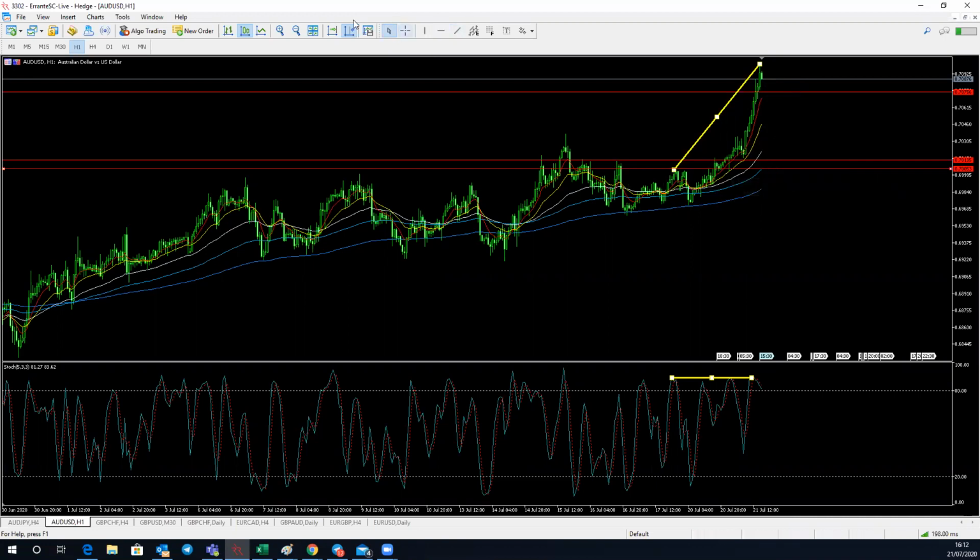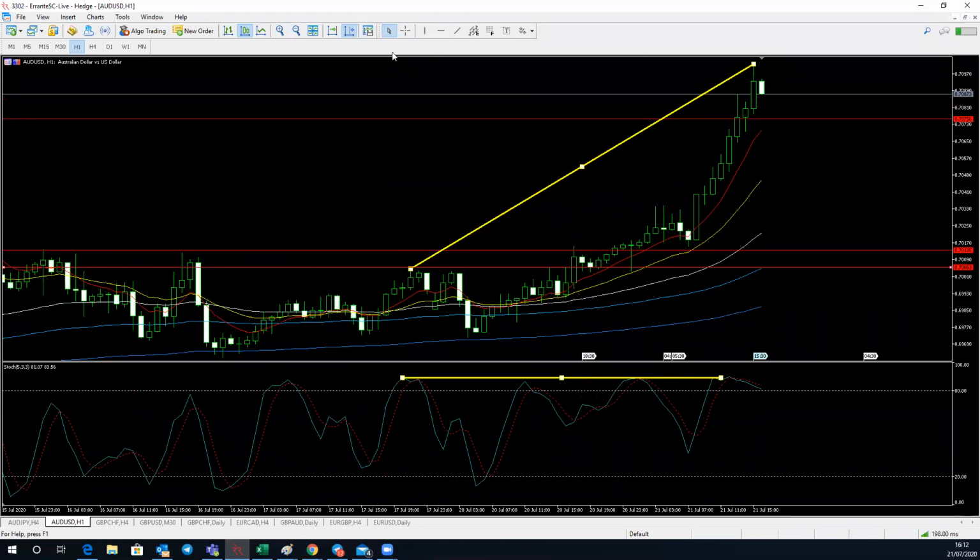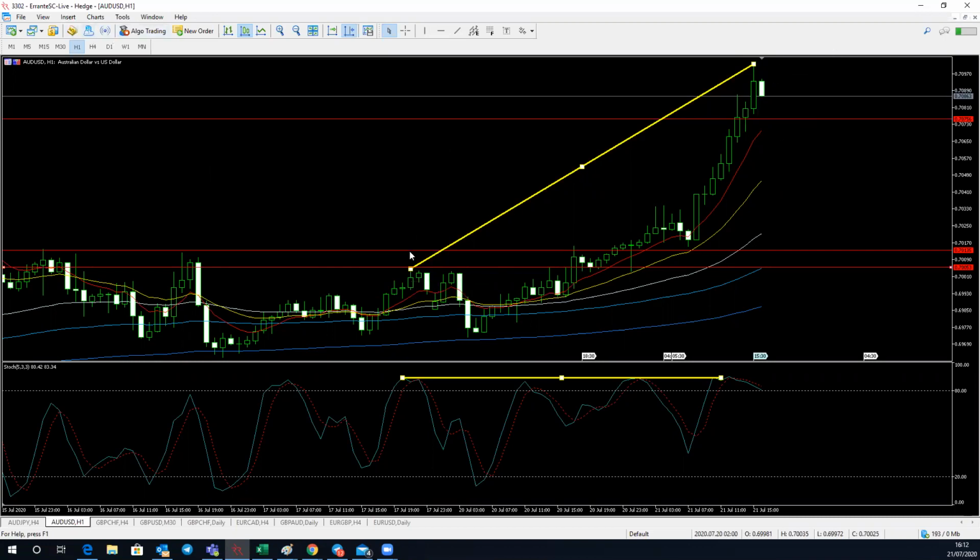So here, as you can see, it is actually doing that divergence at this moment of time. We've also got that bullish candle with a longer wick, which basically gives us exhaustion of the upside market. So that means the buyers are exhausted to go up much more, hence the reason looking into this reversal now. So this one here, Alfred, I hope this makes sense to you as well,